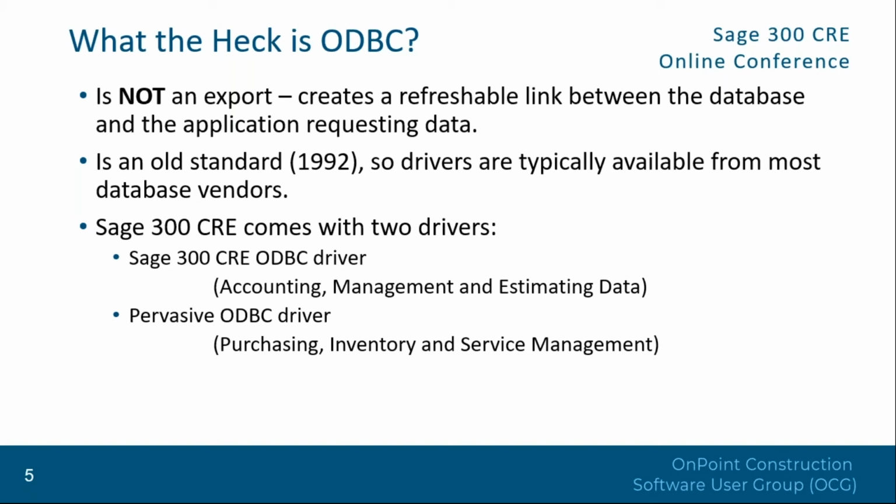We actually use both. As an example, one of the things that we do is our estimating database, which is in the Sage CRE ODBC driver. We have items in there that are also present in our purchasing database. So let's say a light fixture or a 2x4 stud. And what we want to be able to do, occasionally, is look to see that the standard cost that we have in our estimating database actually reflects what we're actually buying things for